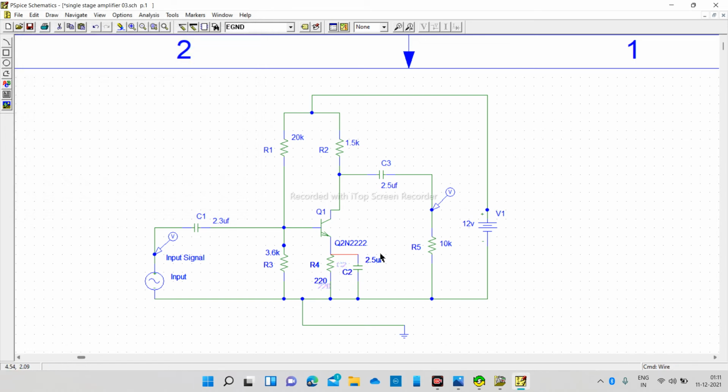Well, yes, I got the mistake. See here, our transistor is directly connected with the C2, the second pin of our capacitor. So just cut this wire and make another one that goes to the middle of this. Okay, and keep this name here. Correct. Now let's run it.